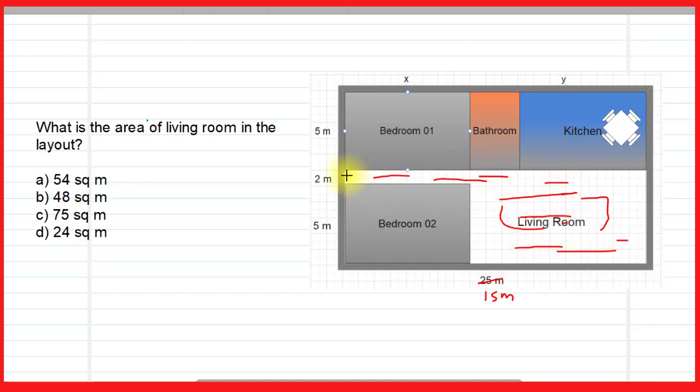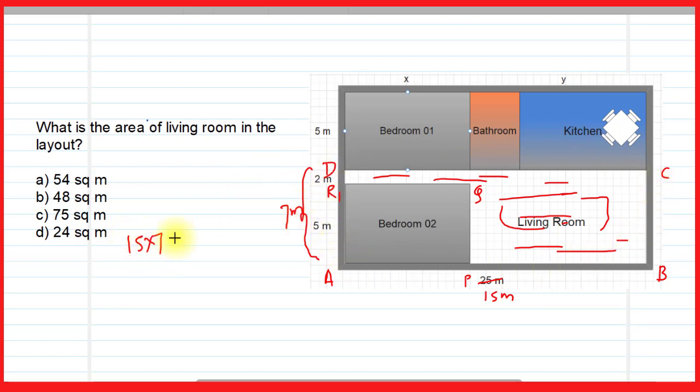So to find the area of the living room, first we will find the area of this much part. Suppose I name it as A, B, C, D. Area of ABCD minus area of, suppose this is PQR, then we can say area minus area of APQR. So how will you find the area of this ABCD? It will be length into breadth. Length is 15 meter, and breadth is 5 and 2, sorry. This total length will be 7 meter. So 15 into 7 will be this total area.